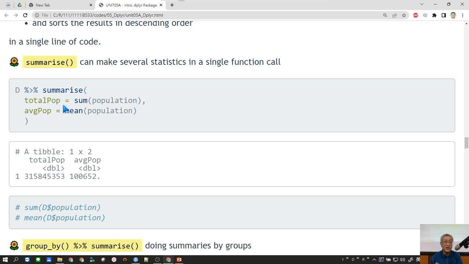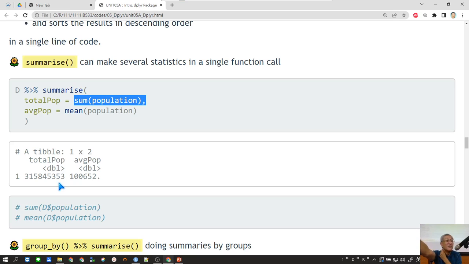So I summarize two columns, right? The first column is called total population, and it's the sum of population. As you can see, this is total population, and this is the average population. Okay, in every county, per county, average population per county, and this is the total population of all of the county,